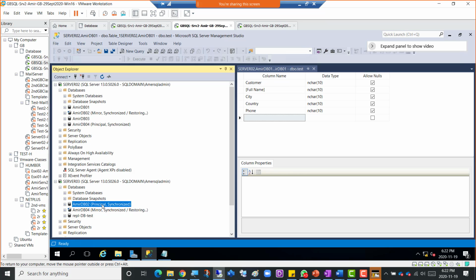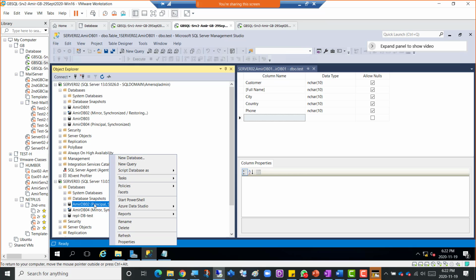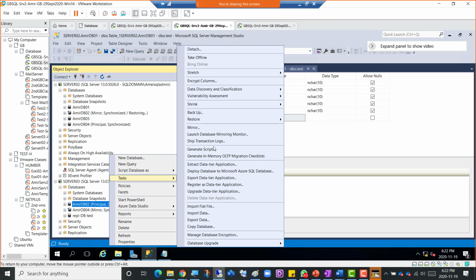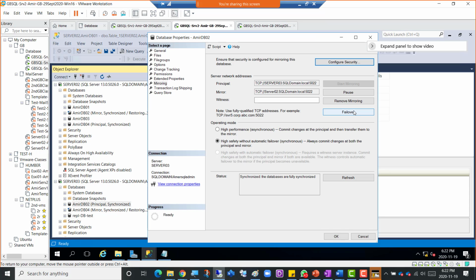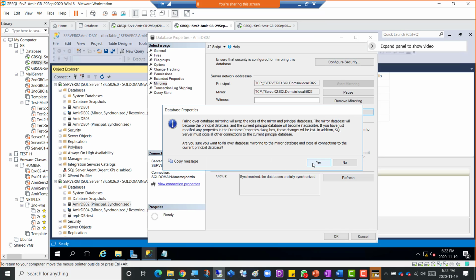And not only that, we can fail over, but obviously it's two-way. So I'm just going to go down here. I just want this to be again the active database and this to be the passive database. So I'm just going to right click here, and it's the same process. And if I go to mirror again, and fail over now, and press yes,